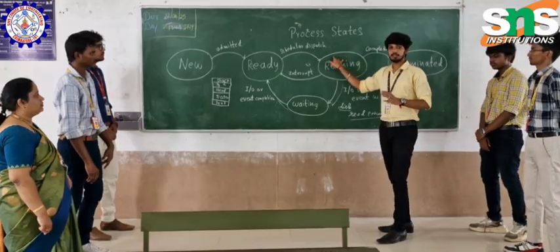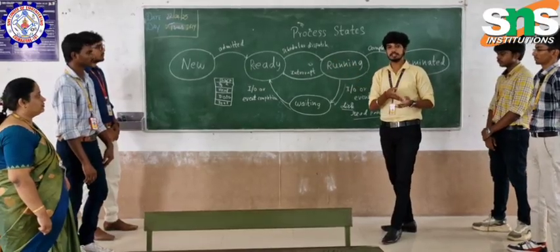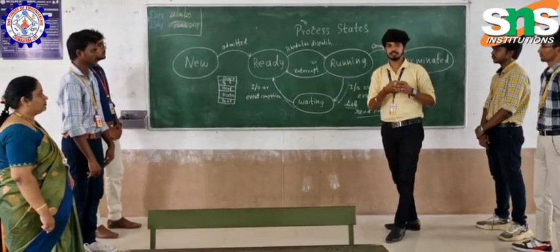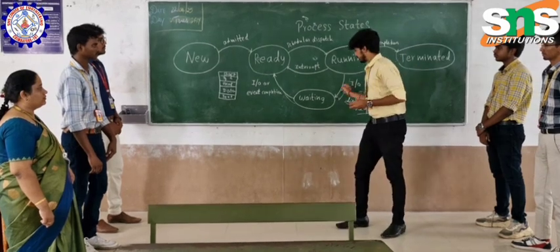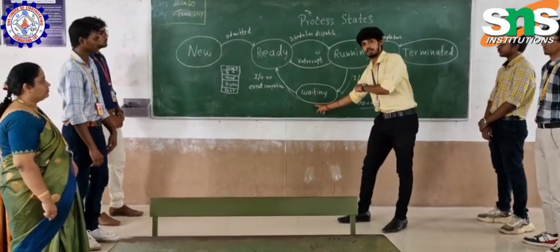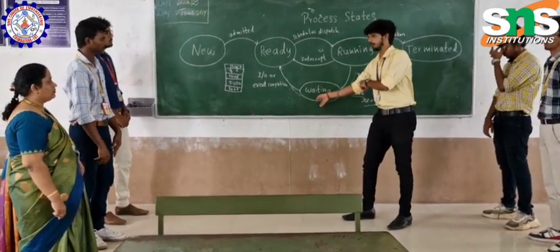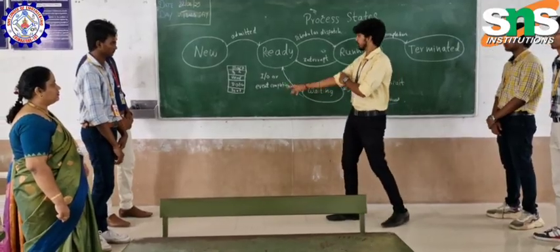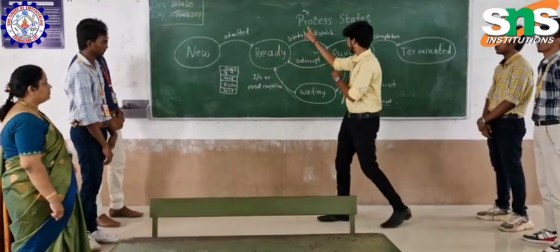After giving the challan to the banker, the banker will be running the process. If any interruption or any correction needs to be done, he will be waiting in this state. After all the corrections, he will go again to the ready state and be running. And after